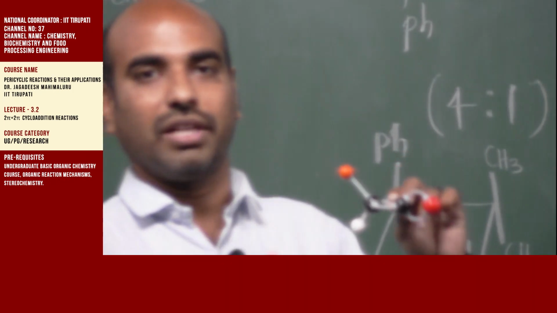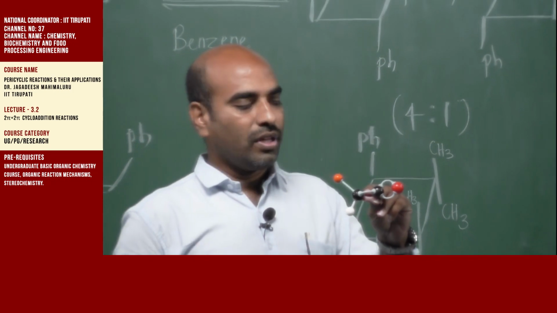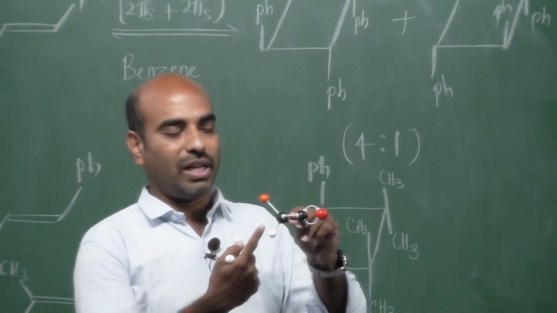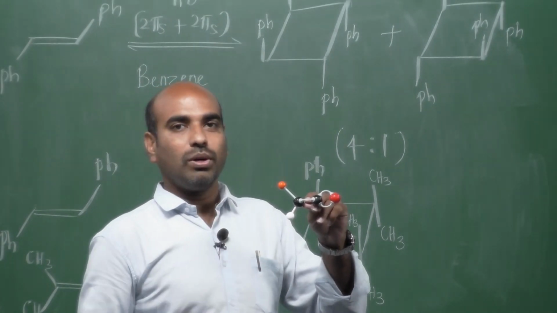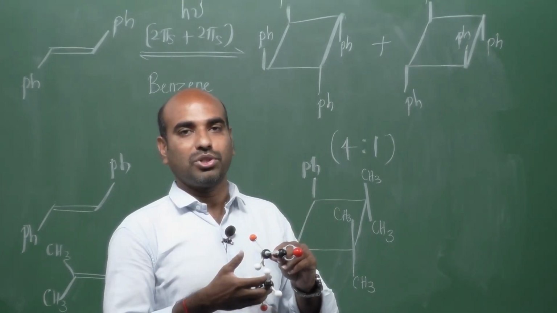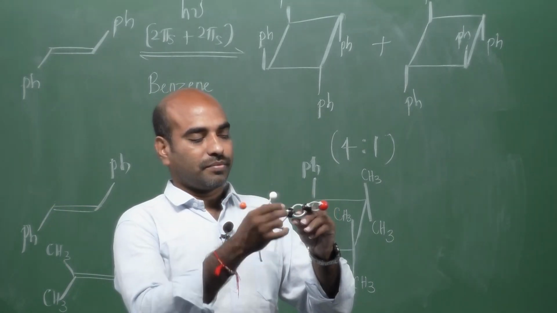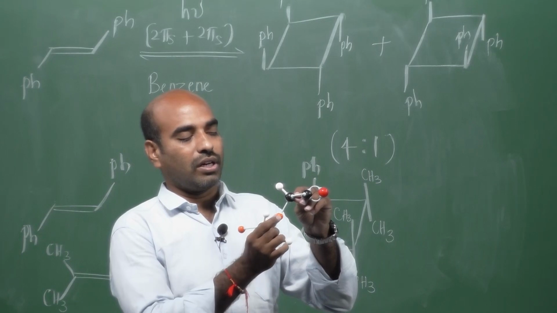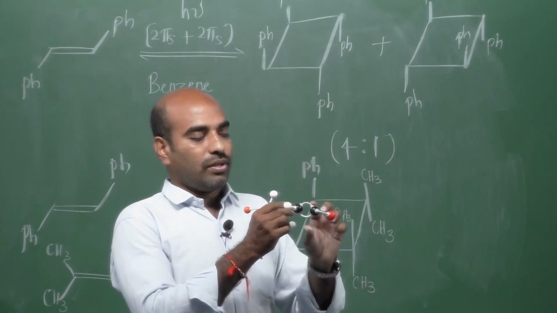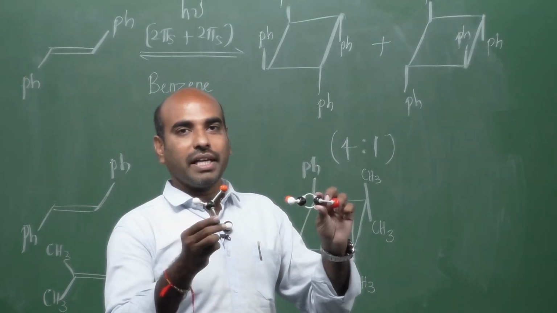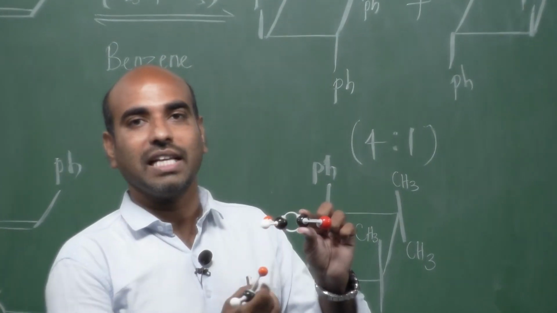So, this is an alkene molecule. How will the approach be? If this is the ketene molecule, the bond formation, the cycloaddition, takes place between these two carbon atoms and the alkene carbon atoms. So, this should be perpendicular to each other. So, if this is the ketene molecule and the orange color one is the bulky group, how does it happen? The alkene and the ketene will approach each other such that the less sterically hindered carbon atom of the ketene,